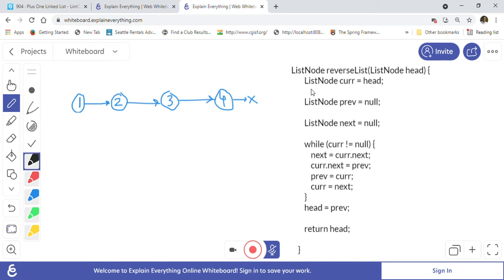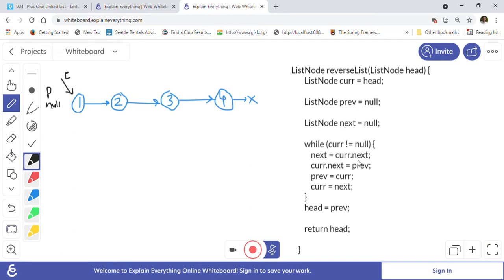What we will do is have a current pointer cur, a previous pointer we will call prev, and a next pointer, right? When writing, I'll just write C for cur, P for prev, and N for next. In the beginning, current will be pointing to head. This is the head, and this is our current pointer. Previous is null, so let me write null here, and this is previous. Next will also be null.